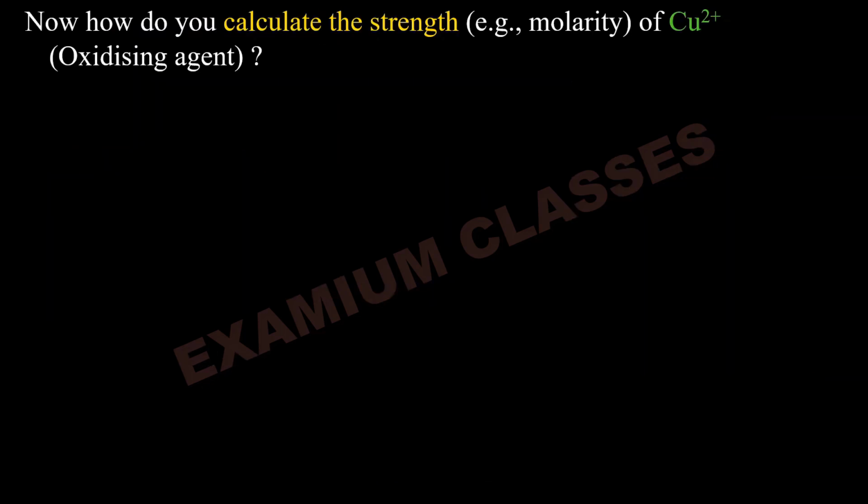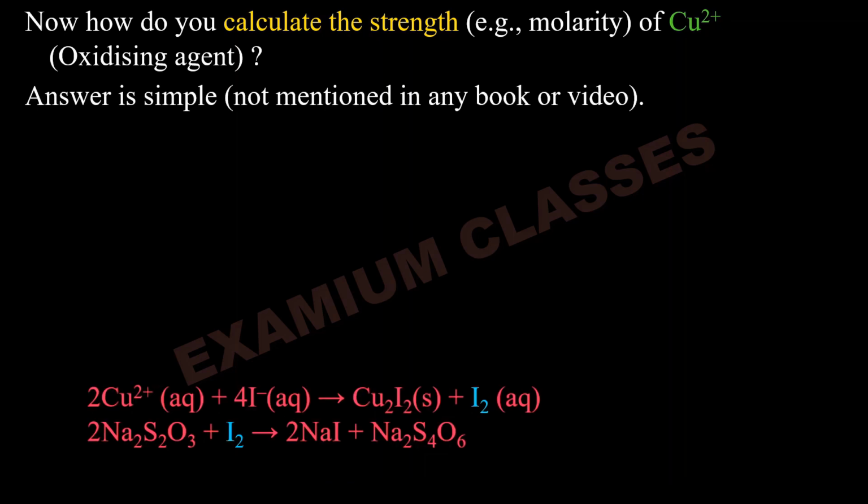Now, how do you calculate the strength? These are the two reactions happening. This is the analyte whose concentration we have to calculate. We react it with excess of KI to get the iodine liberated. This iodine we react with a known amount of sodium thiosulfate, and from here we know how much iodine was